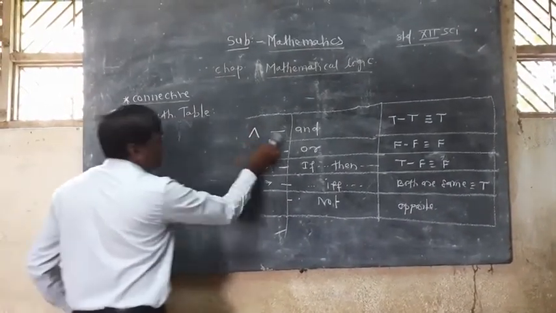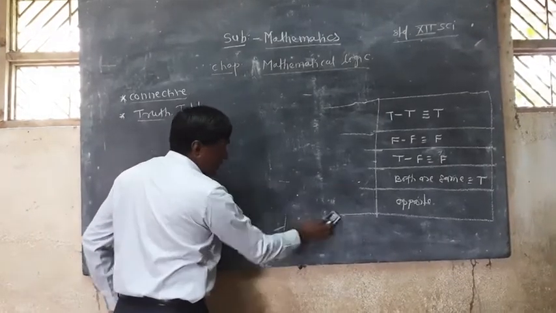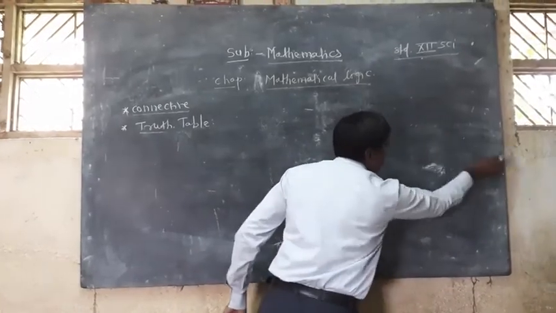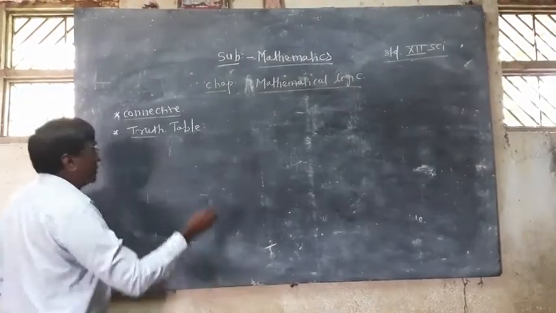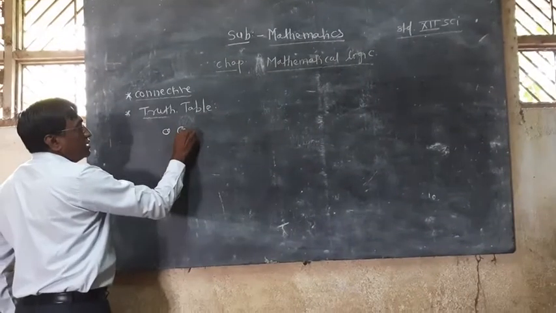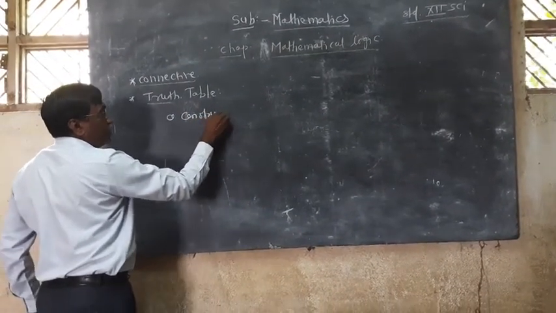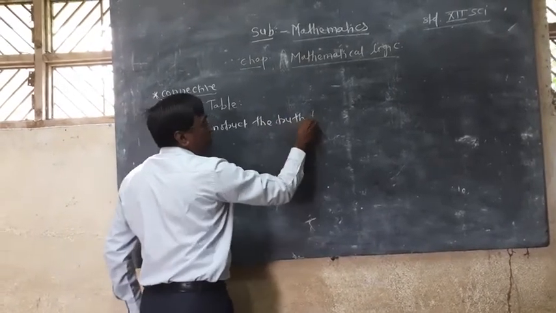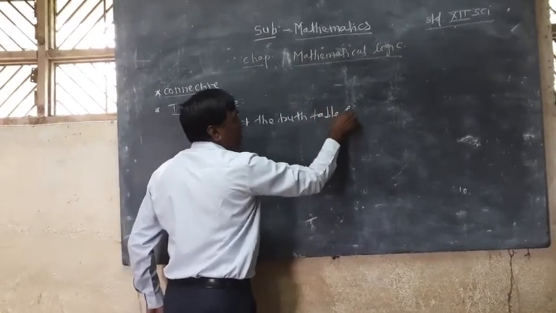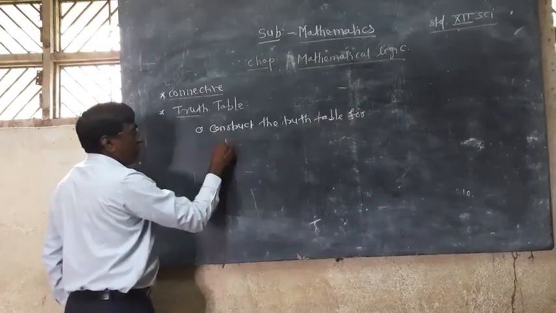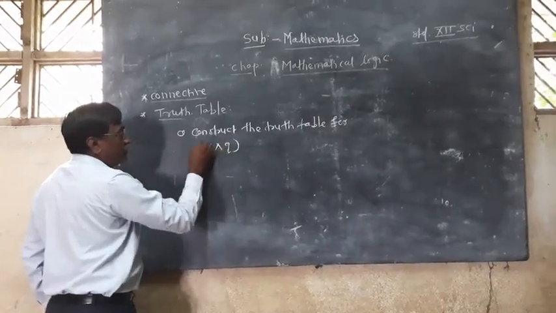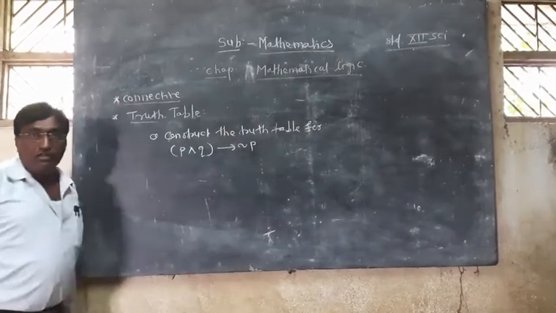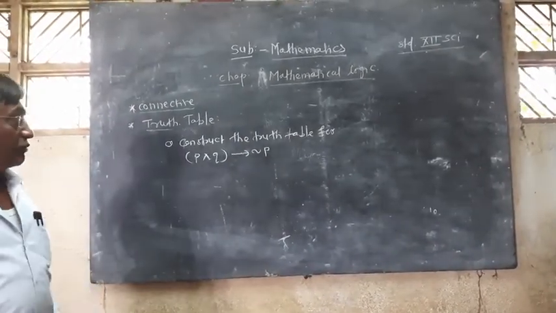So the question is like this: construct the truth table for the following statement. Construct the truth table for the statement P conjunction Q implies negation P. Okay, so this is a simple statement. But before this,